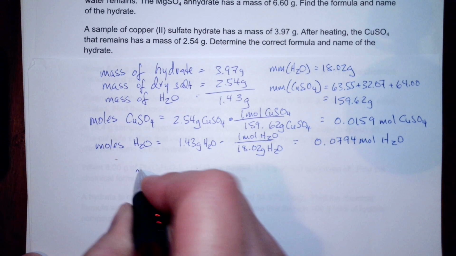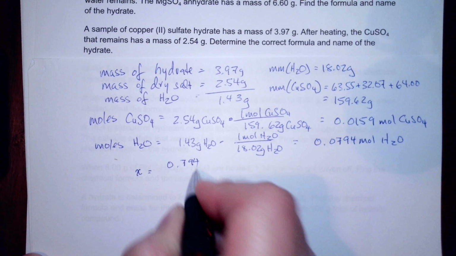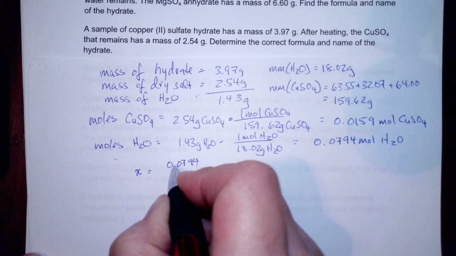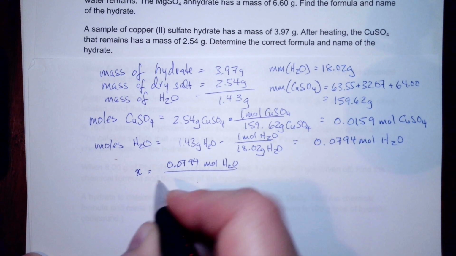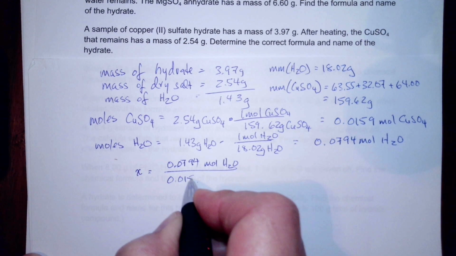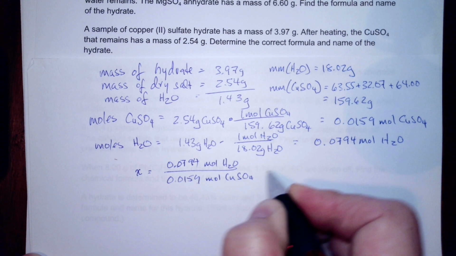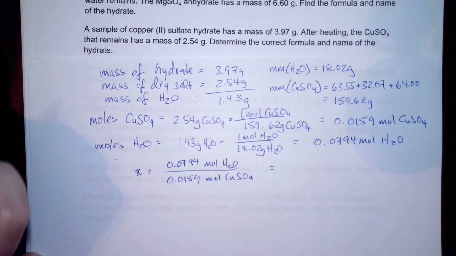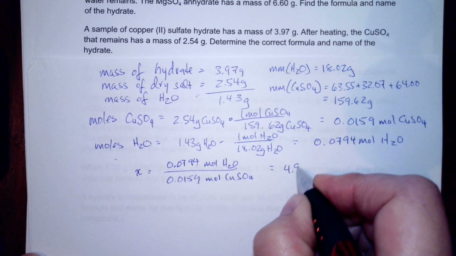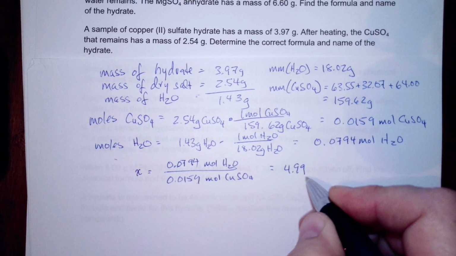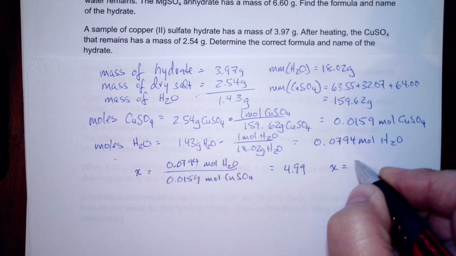So X is going to be equal to 0.0794 moles over 0.0159 moles, and that's equal to, I get, 4.99. That is, of course, very close to 5,